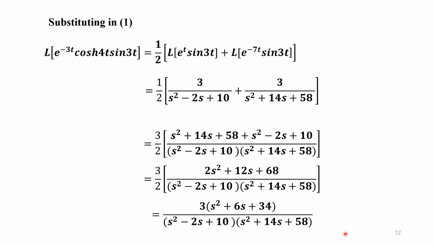So our aim is to simplify the function other than e raised to. Now since cos hyperbolic is also having e raised to in it, first we have simplified and reduced that to this form. And then we are calculating the Laplace transform of sine 3t using the first shifting theorem, replacing s by s minus 1, and calculating the Laplace transform of sine 3t, replacing s by s plus 1. So we get these two terms. It's only simplification in the further steps, just cross multiplying and taking the common terms.